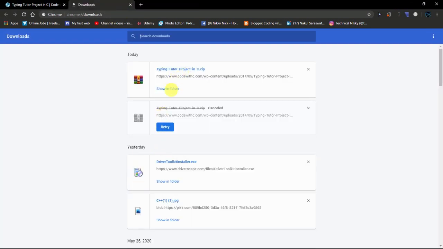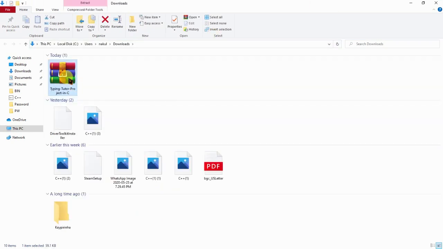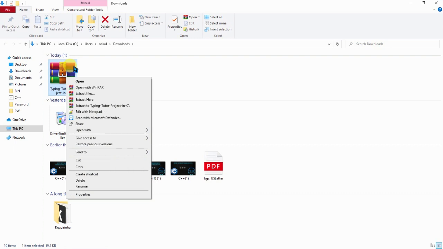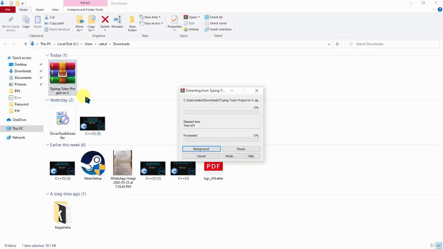After that, go to its folder destination, then extract these files. I have already copied all the files into my Turbo C folder. Just extract here and you will get one folder.